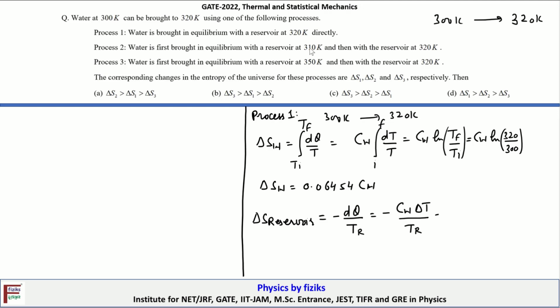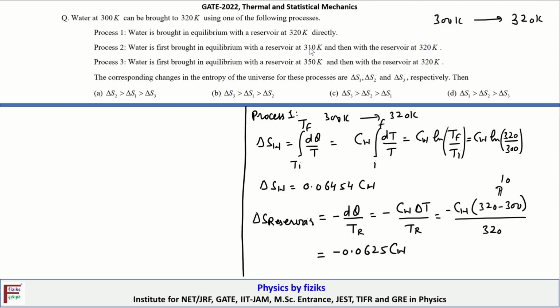Cw delta T is nothing but minus Cw, and delta T is 320 minus 300, divided by T reservoir, which is 320 Kelvin. That is a difference of 10 units of temperature. After solving this, delta S reservoir will be minus 0.0625